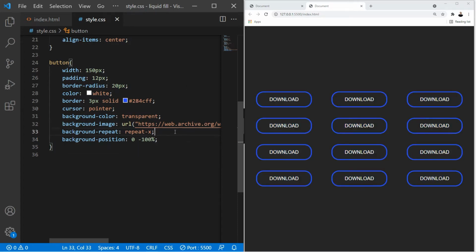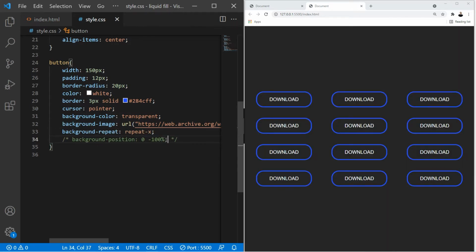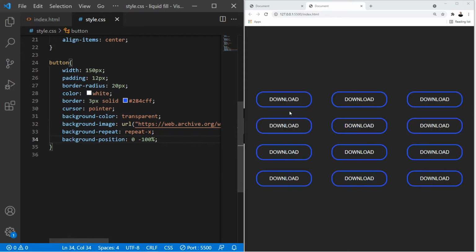All right, let me show you what that does. So I'm going to comment this one out. With this alone, we can see the background takes up the entire button. All right, let's comment that one out. Now let's comment this one. And with only this one, it only covers up half of the button. But of course, we don't want that. So if we use these together, it achieves what we want, which is not to be able to see the